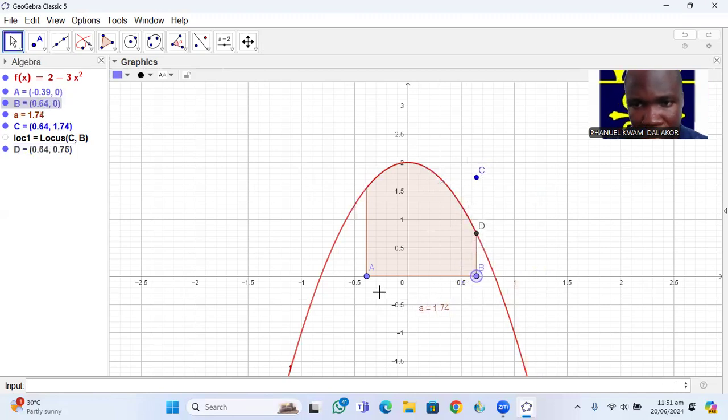That's our minimum value. So you see, when I moved it, that's our minimum. You see that it increases and decreases. So D is our minimum value. And let's take our maximum value